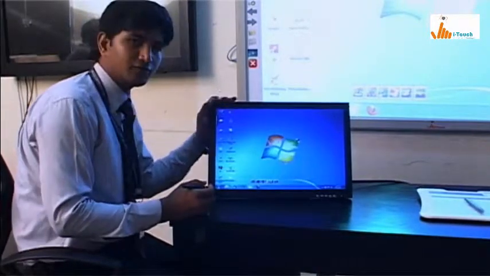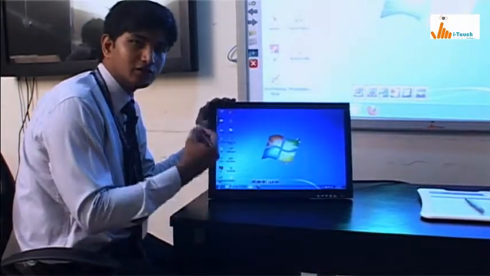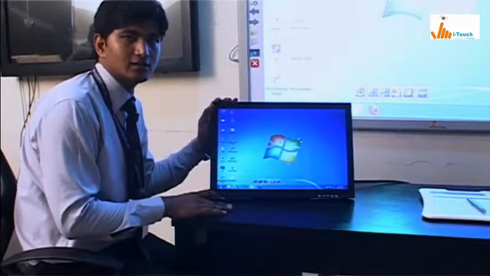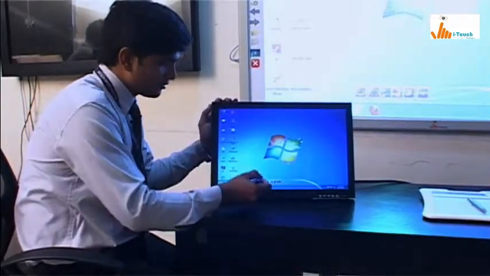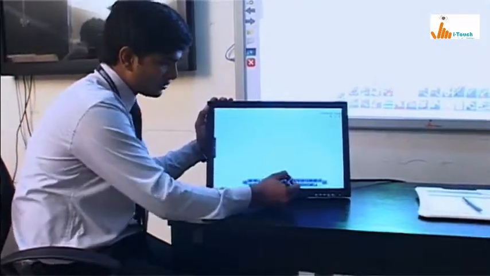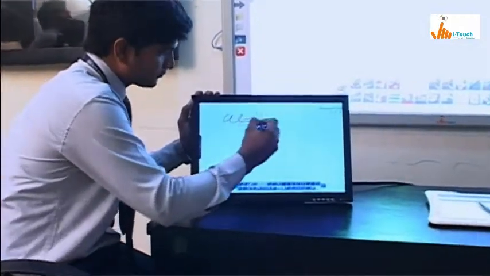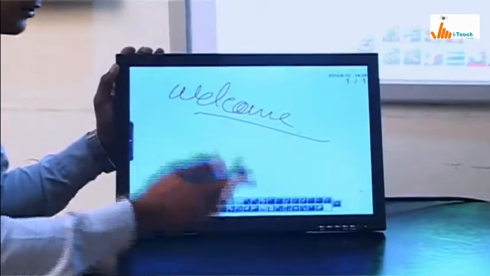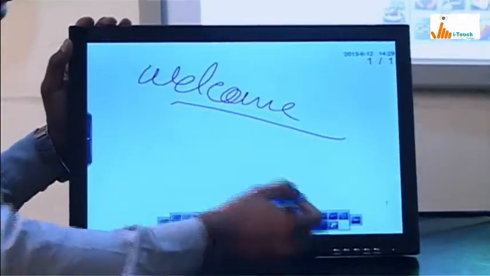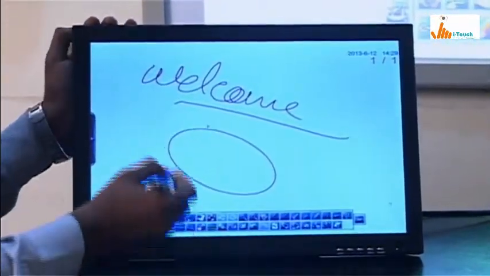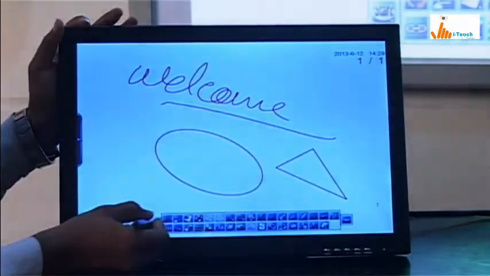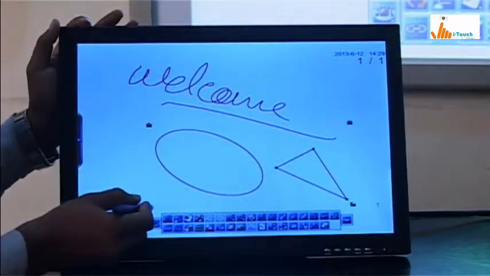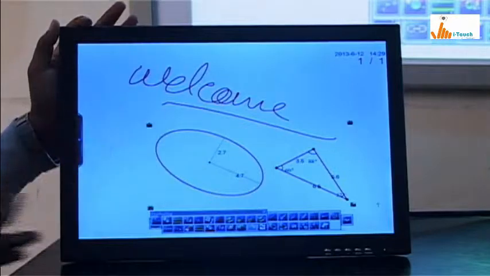So this is meant for the thing like what teachers want to do by sitting on their desks. For teacher purpose, we have this software where I can write or do n number of things on this panel. I can draw, I take measurements. If I want to take a measurement of this image, I can just select it out and take a measurement. So this kind of thing I can do with this panel.